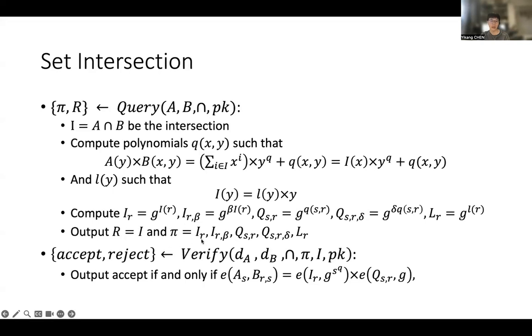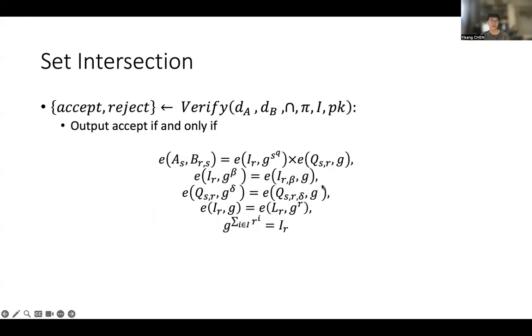We will output the intersection result as the result R to return, and also the proof. The proof will be I(R) and I(R) beta, and Q(SR) and Q(SR) epsilon, and also the alpha(R). Then finally, the client will accept if and only if, using bilinear pairings, this equation holds.